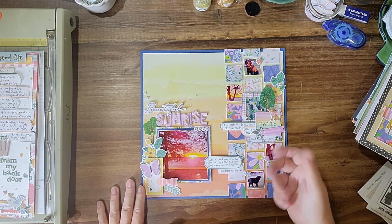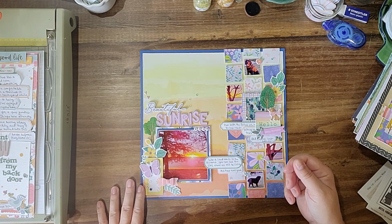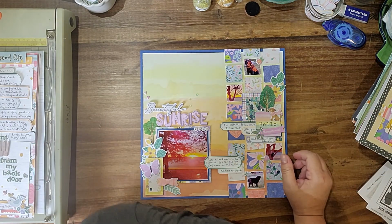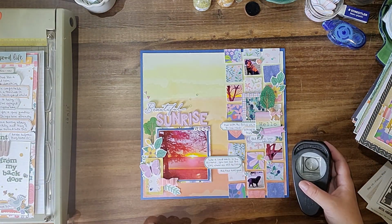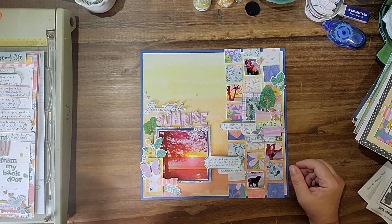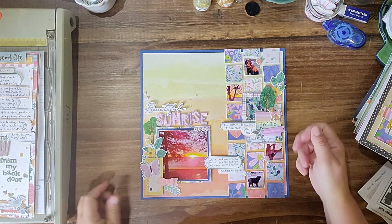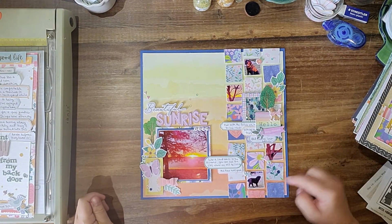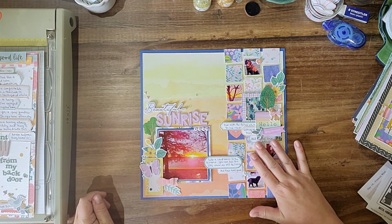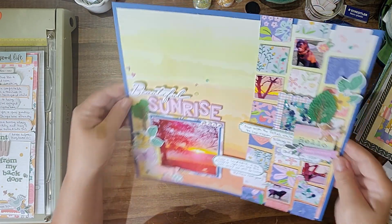But this was a fun one. It's using up lots of scraps. I used a 1 3/8 square punch, I think it was. I think that's this one. Yeah. And just punched out a bunch of scraps of pattern paper, and the photos I printed small so I could get them at the same size. Some are popped up, some are flat, and the